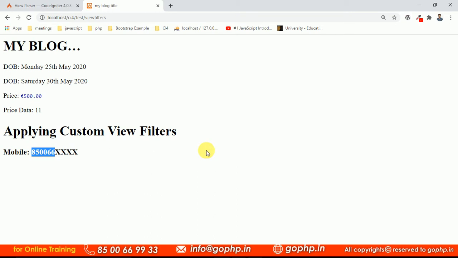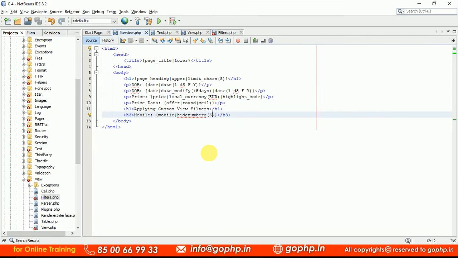For logged in users, I want to display some mobile number. For logged out users, if you didn't log in, I don't want to share my information, so then I can display the information like this, guys. Even when we are working with credit card processing also, yes, we can display them like this. So 16-digit credit card number, in this all we can hide them. Last 4 digits we can display them if you want. Yes, so this is some kind of filters, guys, we can apply on our own. CI4 is providing some filters, whereas if you require a new filter, yes, we can customize and we can create our own filters also. And this is the whole way of creating our own filters, right? If you want, you can create one more filter.